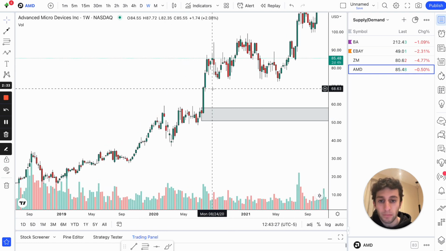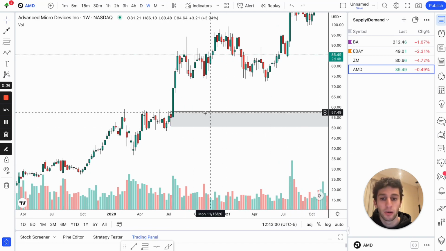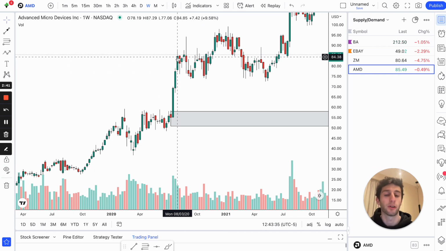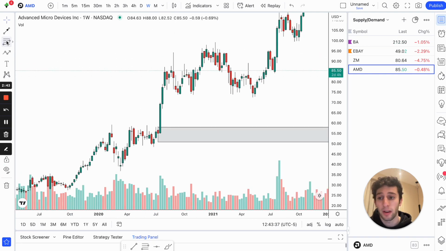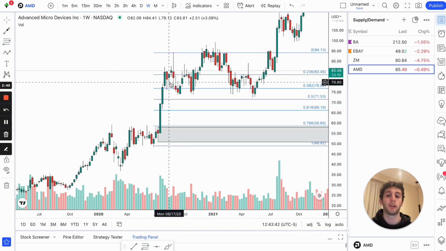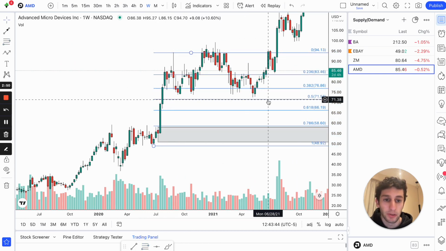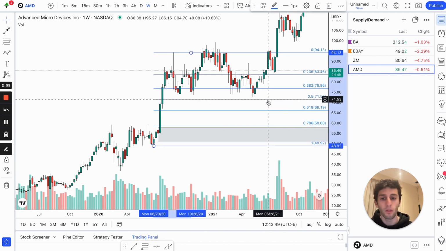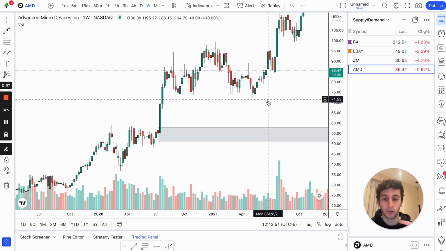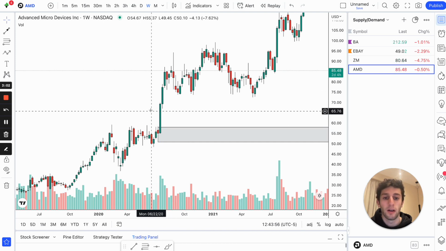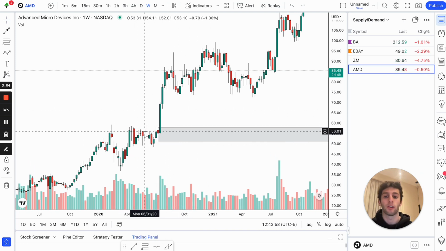Now, if we look here, we can see that we actually had 2 very, very strong candles, right? We had a push up here, no pullbacks, push up here, no pullbacks, right? The only pullback we actually had, if we take it from the low, was all the way up here. And at that point, the move was pretty much over. And we didn't even come down to the 50% retracement mark. So at that point, overall, we have that very bullish trend, and we also have that high quality demand zone, right? A very fast move up, no pullbacks. And you can see here, this is a very strong area where institutions are going to be looking to buy